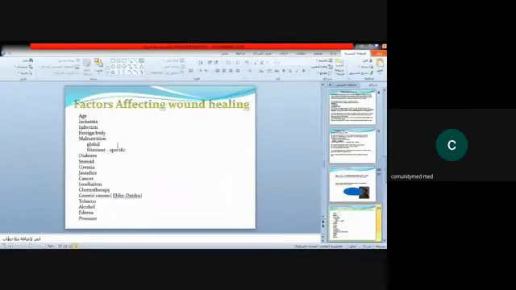There are a lot of factors that can affect wound healing, like age, infection, foreign body, nutritional status, and importantly comorbidities: diabetes, uremia, jaundice, steroids, cancers, irradiation, and cancer management by chemotherapy. Congenital problems like Ehlers-Danlos, which affect collagen type 1 formation, can affect the wound healing process, and also tobacco, alcohol, edema, and pressure have an effect on our wound healing process.